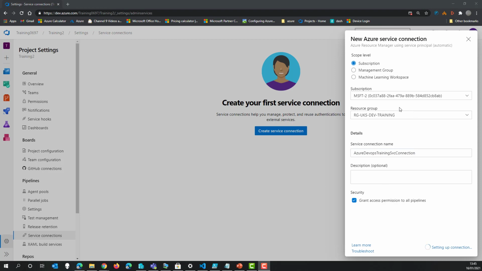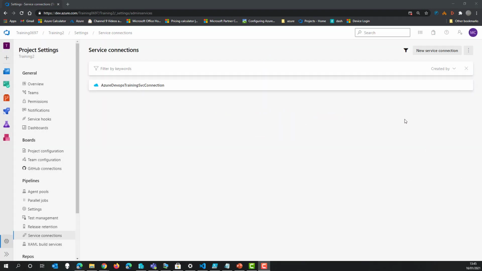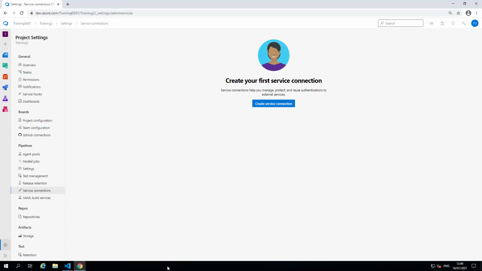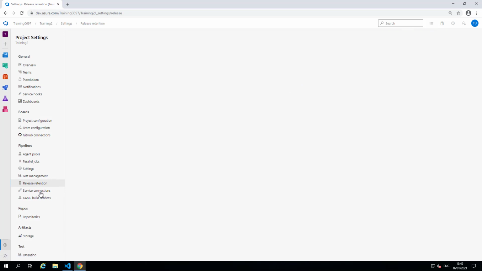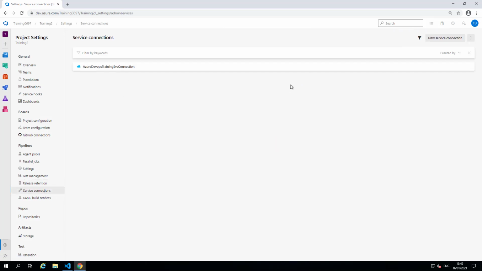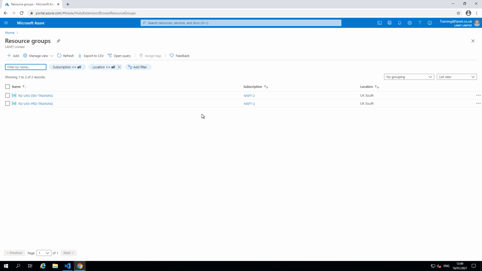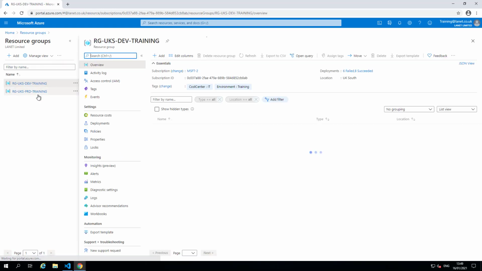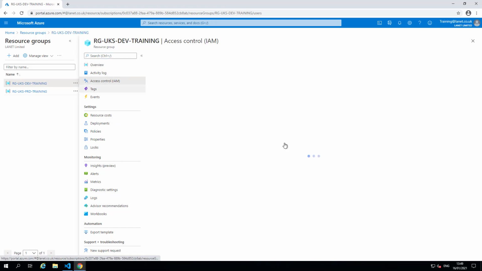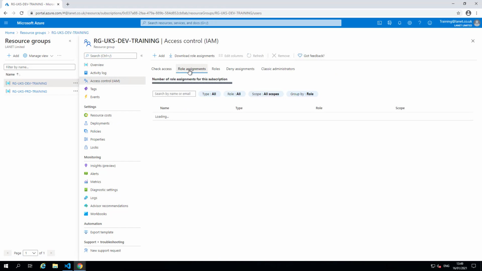That will then go and create this service principal in our Azure Active Directory, which we'll take a look at now. Flip back to our training user account, and we can just refresh this connection, or re-click it, and we'll be able to see it there now. Our training user can see this service principal. If we go into the resource groups that we can see, we can see that permission has been created for us automatically, and the actual object.